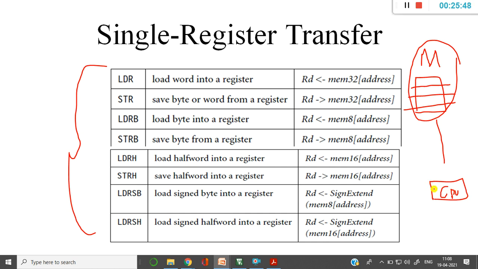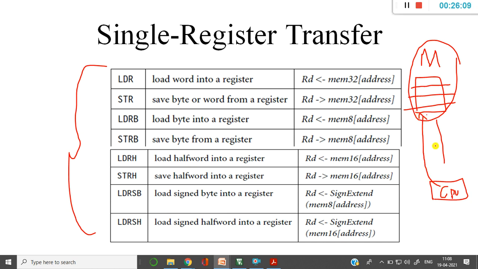And once again, the data that is manipulated within the processor, say for example I perform addition, subtraction or any other operations, after the manipulation I need to store the content of the register back to the memory.